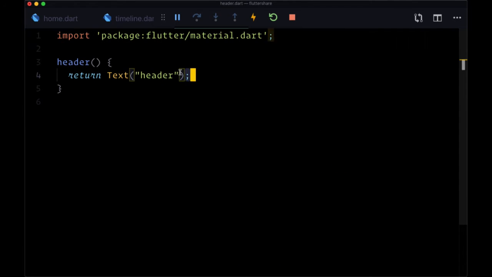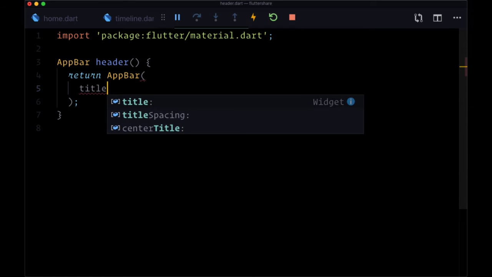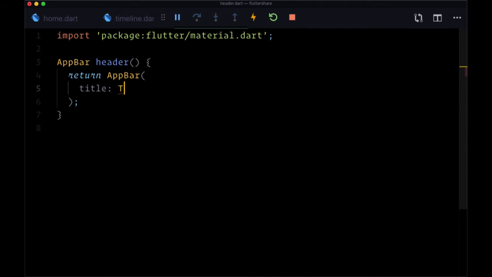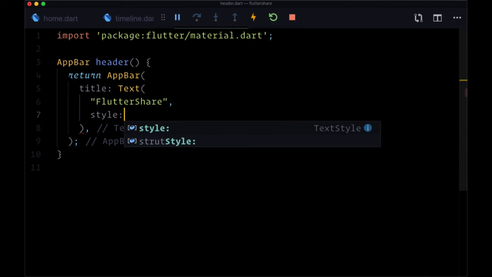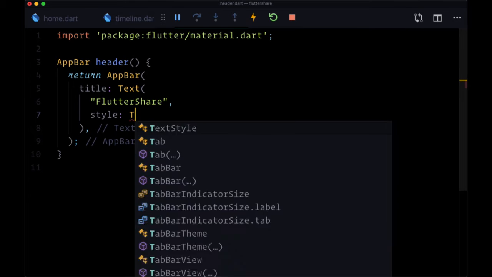And again, we have a text widget here, but we're going to replace this with an app bar widget, as you would expect. And so this function called header is going to return this created app bar. So what is it going to have on it? Well, first of all, it's going to have a title, which is going to be set to a text widget. And this is going to first include the name of our app, Flutter Share. And we'll style it with the text style class,